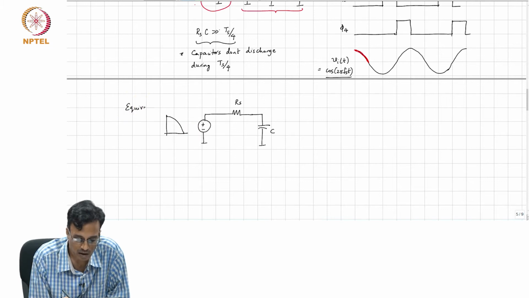Finally, it will settle to that final value. Equivalent during phi 1, right.